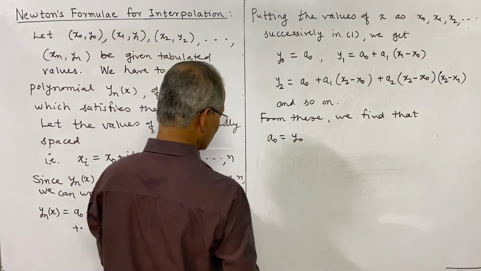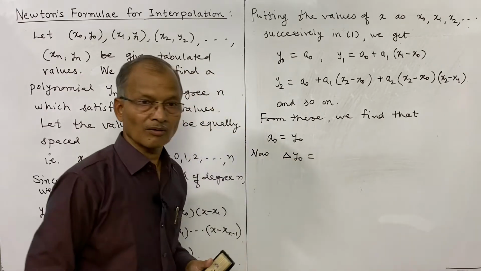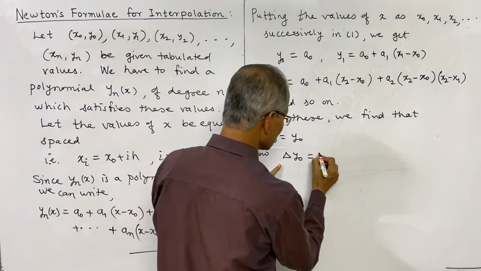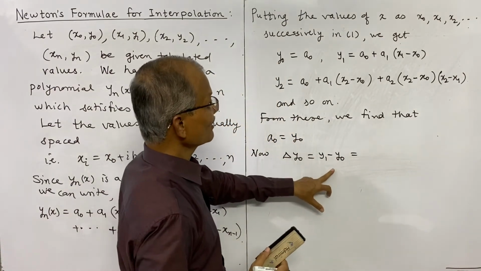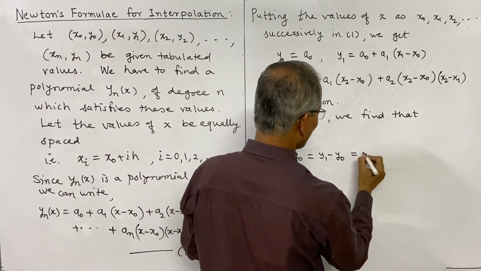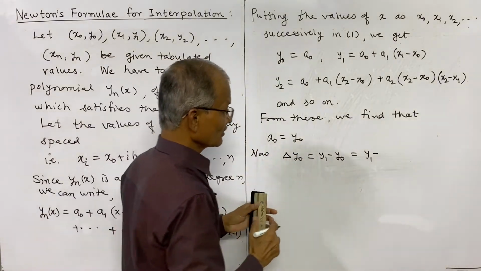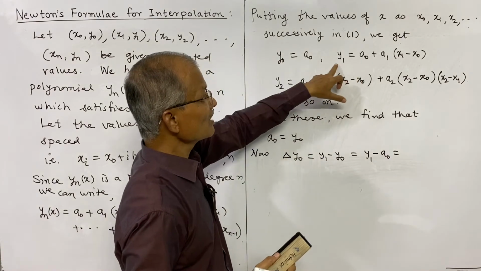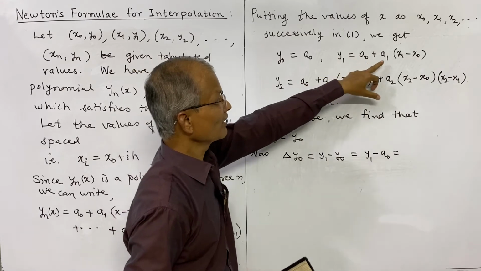Now what is delta of y naught? By definition of forward difference, we are using forward difference. Delta of y naught is y1 minus y naught, and this y1 minus y naught can be obtained from this. See, this is y1, and y naught is a naught. So this is y1 minus a naught. And what is y1 minus a naught from this? You see, shift this term to the left side, y1 minus a naught, and that is a1